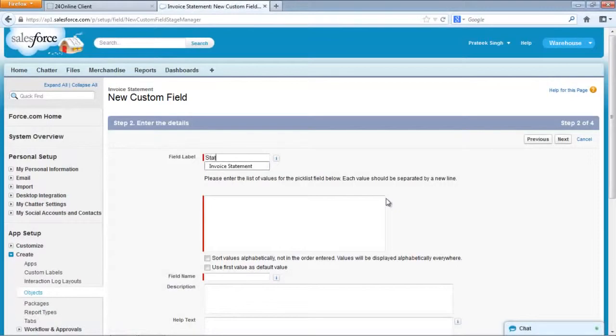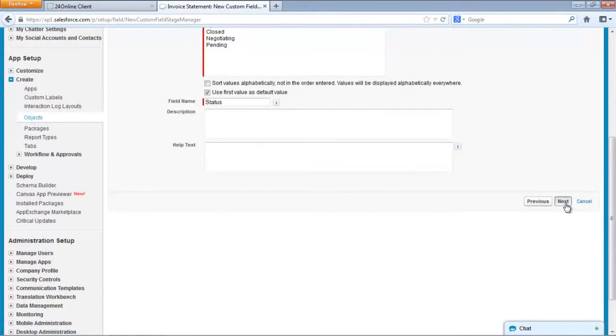So let's call it status. As we all know, a picklist is a field where we click on it and it's a drop down list. We can select our item, so we need to provide those items in the beginning. So all the values of the item we need to give on separate lines inside this box. Status means whether the deal has opened or the deal has been closed, or we are still negotiating on the money part and all. So we will provide all those values, and we will use the first value as the default value. So even if somebody does not click on it, it still has the open status by default.